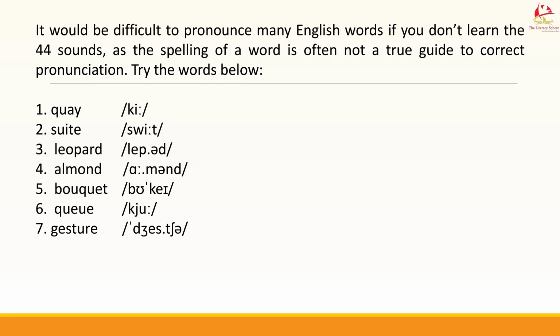Next you see E, telling you it's "Jes". You see S. And then you have the T with a funny looking symbol. They combine to give us the sound Ch. That's the sound you have in chicken, church, and other Ch words. Okay? And in the end, we have the schwa, the special sound that goes "gesture". These are some words that help us to see how the sounds work, that help us appreciate the sounds of the English language and their function, why we should learn them, and how they help us in articulating our words correctly.